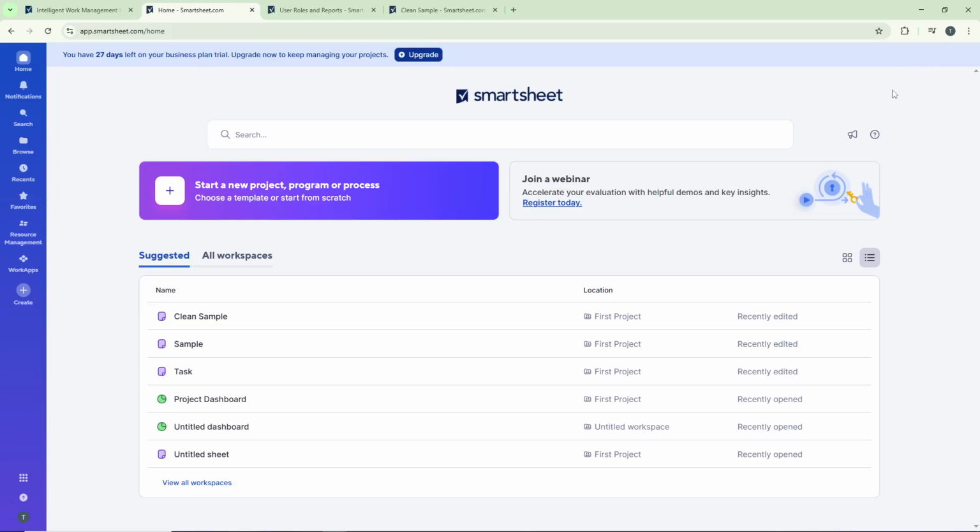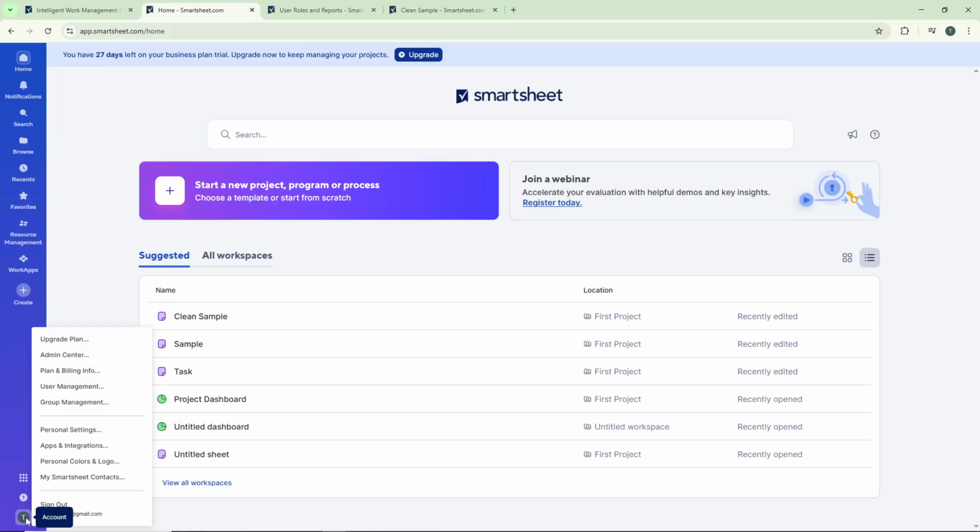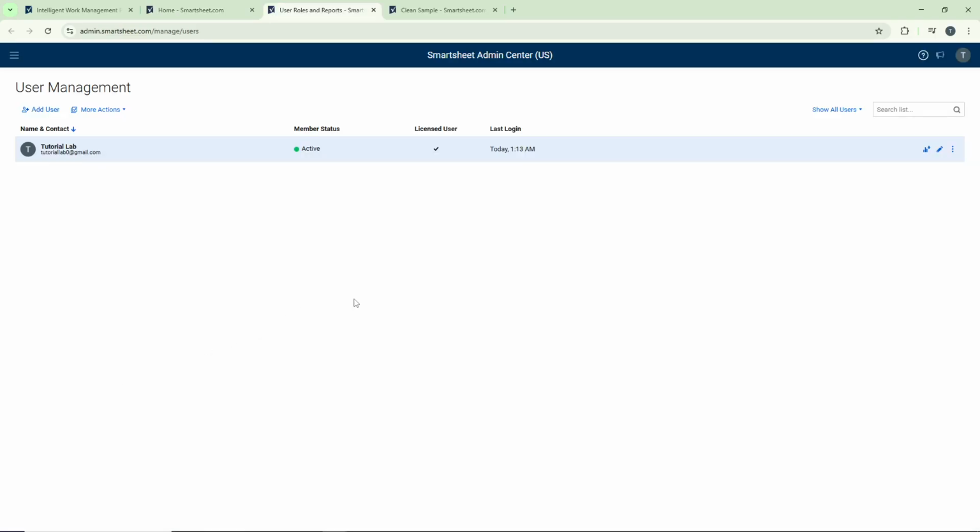Now that you're on the homepage, direct your attention to the left side panel. Here you'll find your user icon. Click on it, and from the options that appear, select User Management. This action will take you directly to the Smartsheet Admin Center, which is your control hub for all user-related settings